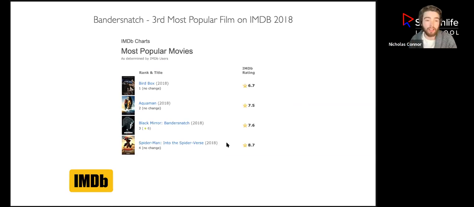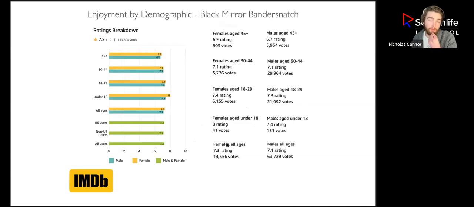So I looked back and I found that Bandersnatch was the third most searched film at the time within IMDb specifically. But if you have Pro, this is where the really interesting stuff comes in. You can work out what the ratings are by gender and age, and really precise numbers. You can see who liked the film more, essentially, which is fascinating information, and who are US audiences versus non-US